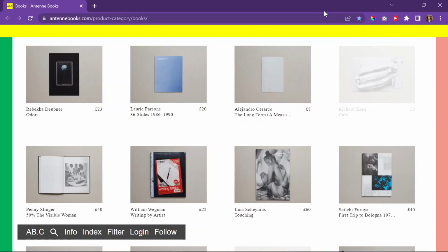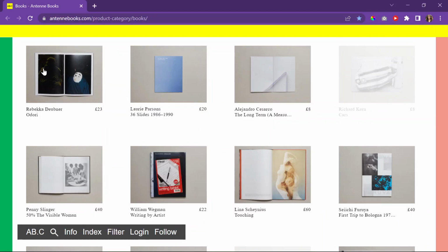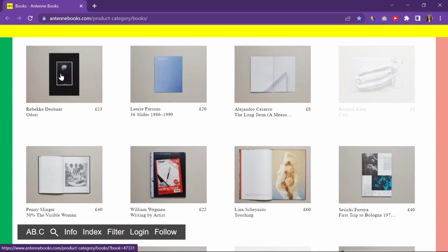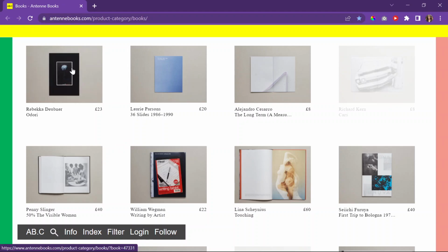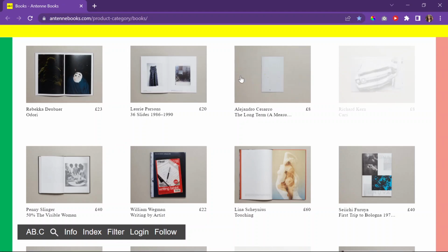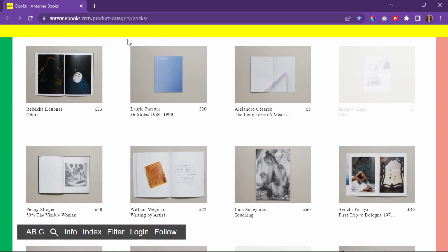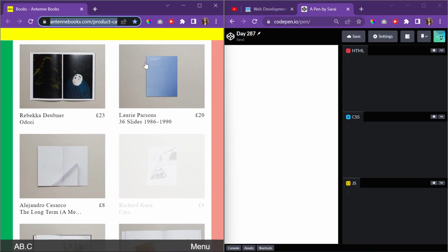Okay, so today I'm going to replicate this grid right here. I'm not going to replicate the hover effect that it has on each card, so as you hover over it, it changes, like it opens up the book. I'm not going to do that. I'm just going to do the grid, and also the border because that seems easy to do. It's just grid practice. Here's a link to the website, and we're going to do that right here in